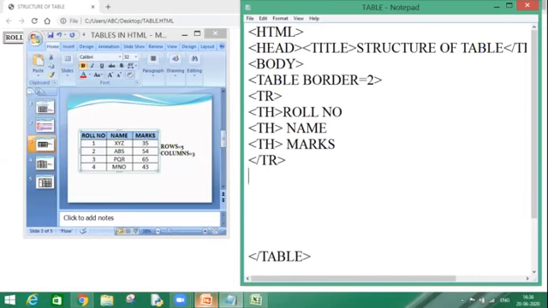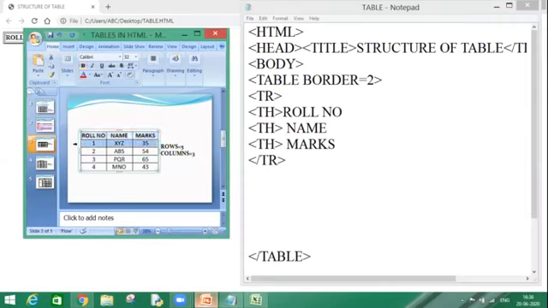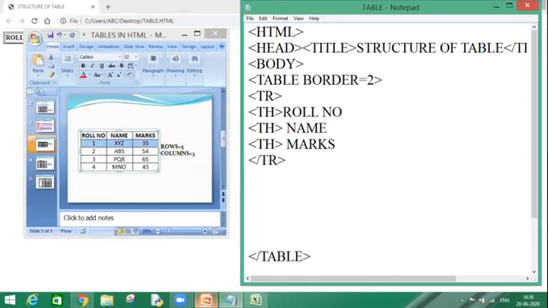After completing my one row, I need to focus upon my second row. This one, 1 XYZ and 35. So what will I do over here? For the second row, I am starting my second TR tag. Now again, my second row is divided into 3 parts.